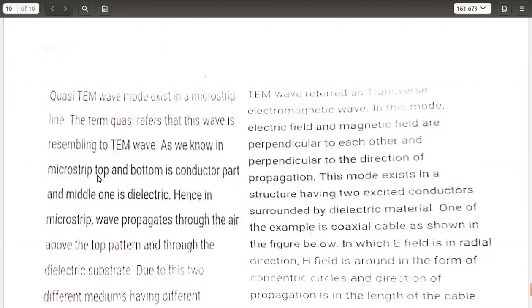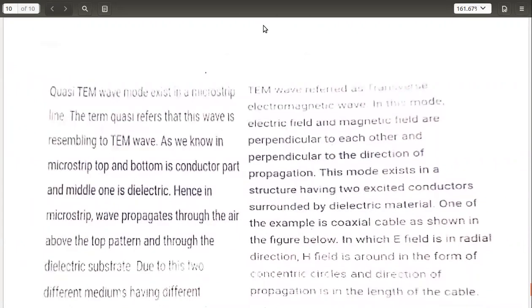As we know, in the general strip line, the top and bottom are the conducting parts, and the middle one is the dielectric. I'm talking about the structure. Here you can find top, bottom, and there's a strip here. So this is your strip line structure. Coming to the microstrip, what is happening? You have only a substrate, and on the top you have a strip line. Above it you do not have one more plate. That structure is not there, so it is filled with air here.